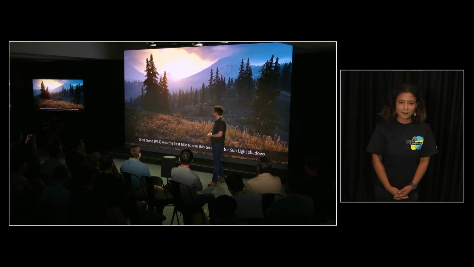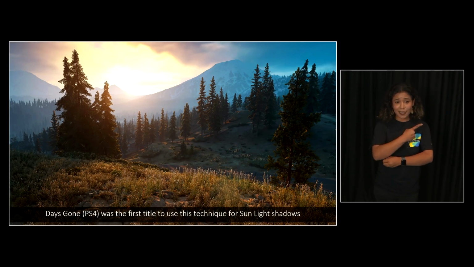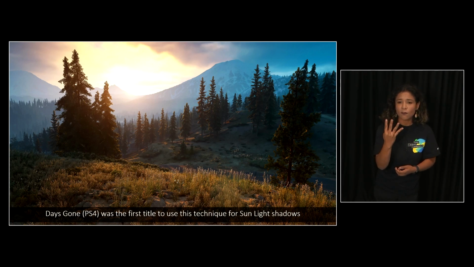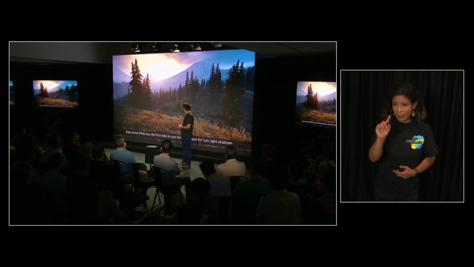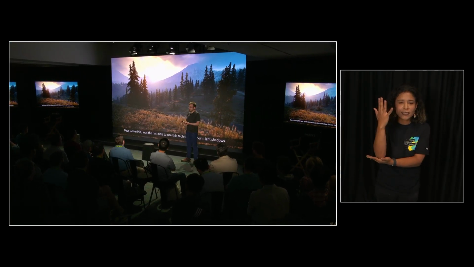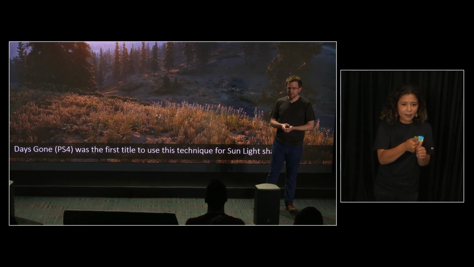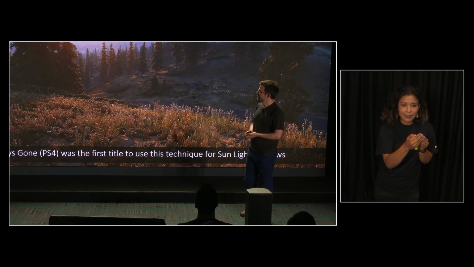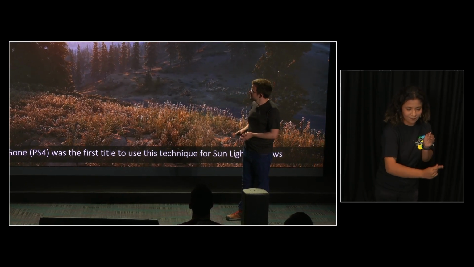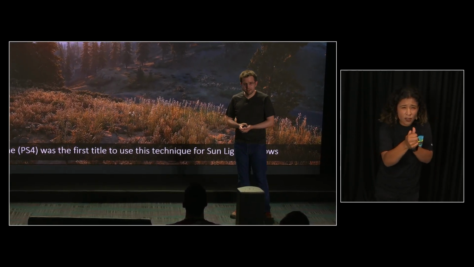Okay, so Days Gone on the PS4 was the first game to use this technique, and it used it primarily or only for the sun shadows. Later titles used it for point and spotlights. And the interesting thing you can see here is that there's a 1 pixel edge around some of these trees, and this is simply because a pixel doesn't shadow itself, but it shadows the next one. So that is the screen space effect. All the trees off in the distance on that really, really distant mountain, it's all screen space.